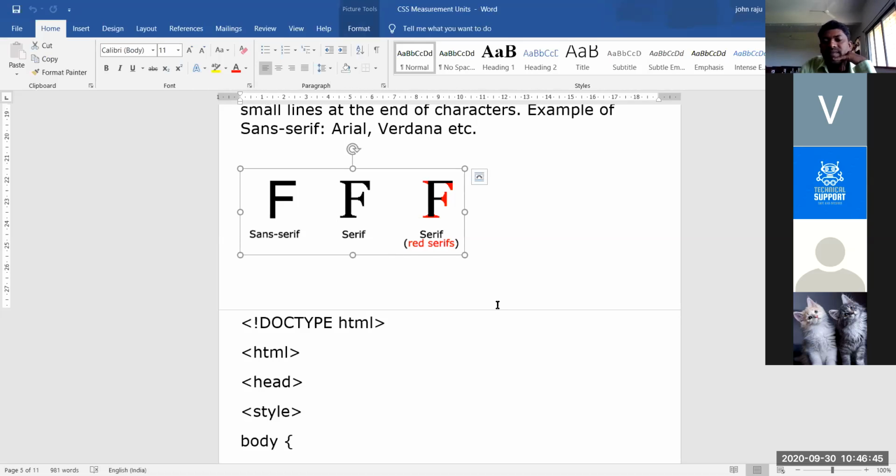Sans serif in red. So wherever the corner places are of this letter, the bottom place, last place, that appears in the red color. This is the generic font family.